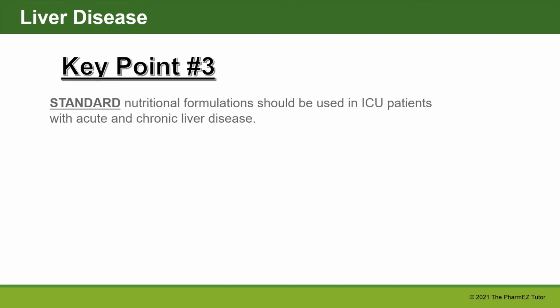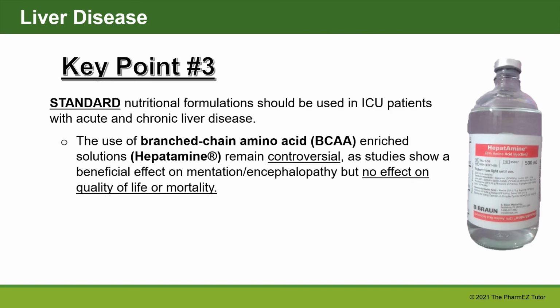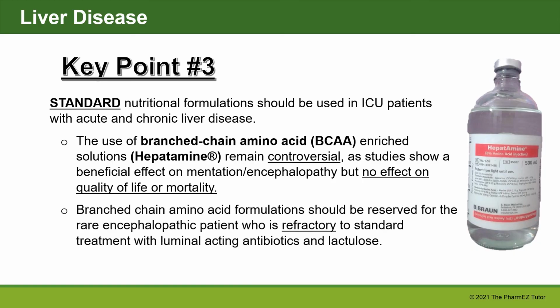Key point number 3. Standard nutritional formulation should be used in ICU patients with acute and chronic liver disease. The use of branched-chain amino acid-enriched solutions such as HepatAmine remain controversial, as studies show a beneficial effect on mentation and encephalopathy, but no effect on quality of life or mortality. Branched-chain amino acid formulation should be reserved for the rare encephalopathic patient who is refractory to standard treatment with luminal-acting